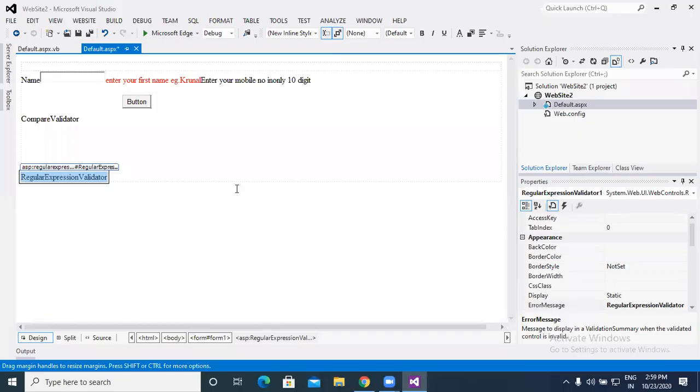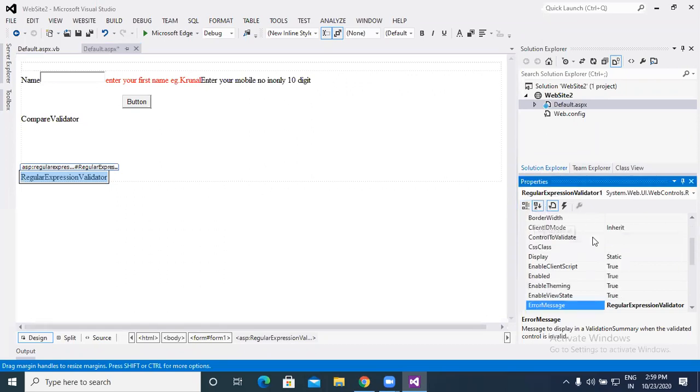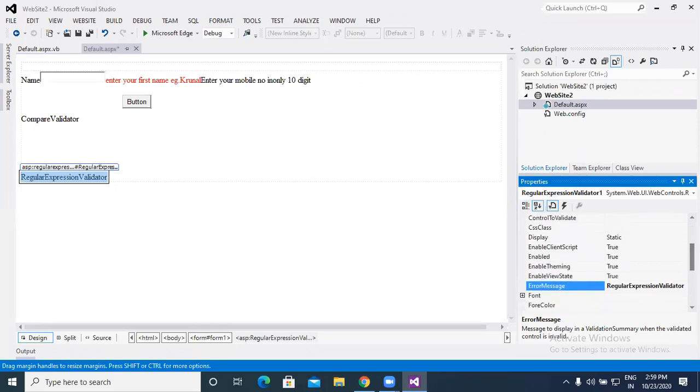Now next, that is the regular expression validator. This is another part of the validation controls. Basically it is useful for checking our URL, which starts with HTTPS or www.